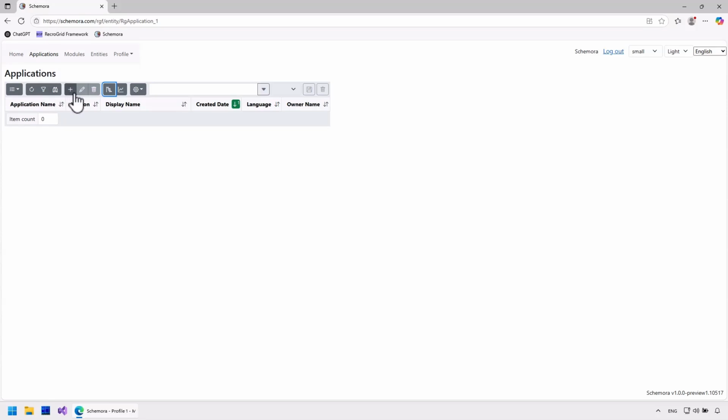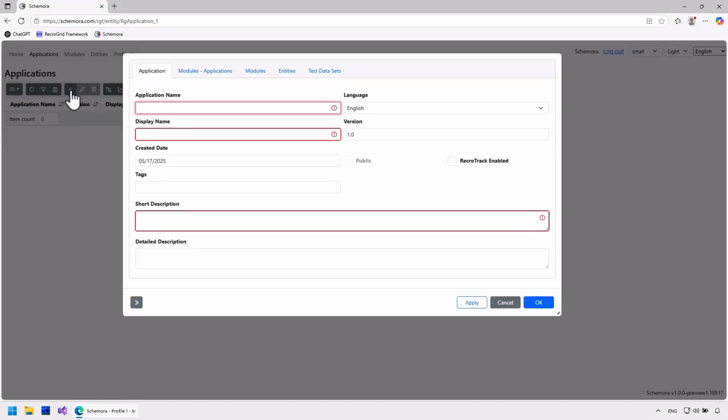So here's the deal. Skimora can totally build an entire model from just one instruction. But today, I want to take it slow and do things step by step, to really show off how it works. I am starting with a brand new app for storing yummy recipes. I am calling it RecroChef. And the display name will be Chef's Notes. Cute, right?